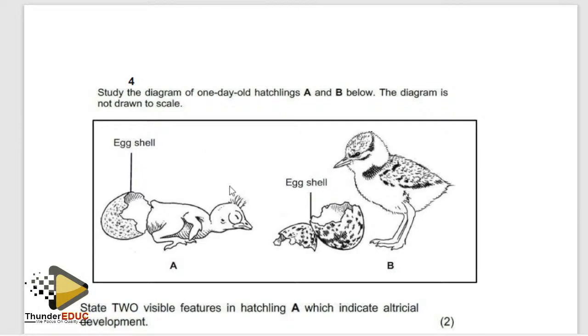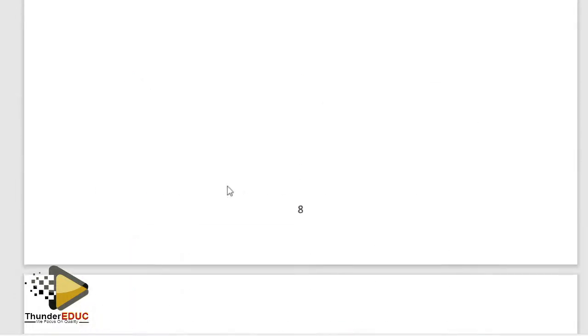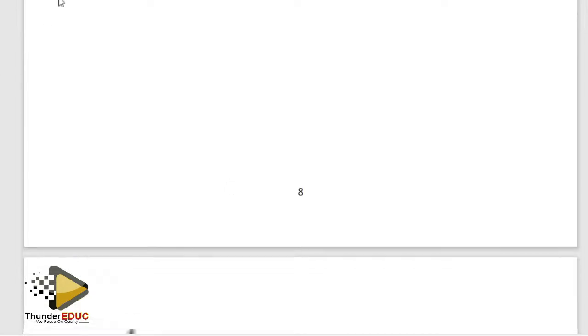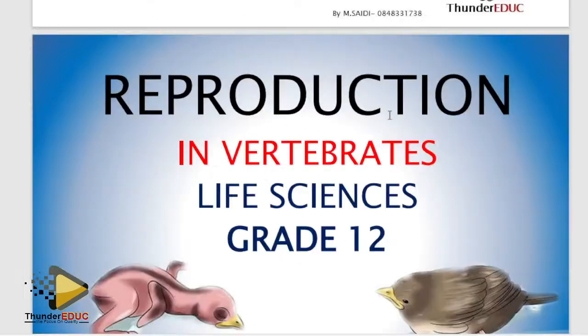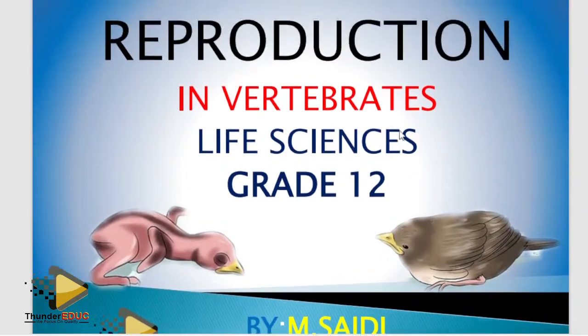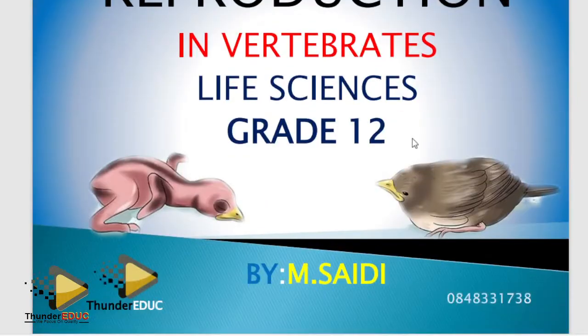All right, guys, don't forget that in this paper you're going to write, you have the first topic as reproduction in vertebrates. If you look at our distinction material, this is the topic I'm talking about. So what are you supposed to look at here? Remember, this is a topic which has very few marks, and these marks are supposed to be all of them.